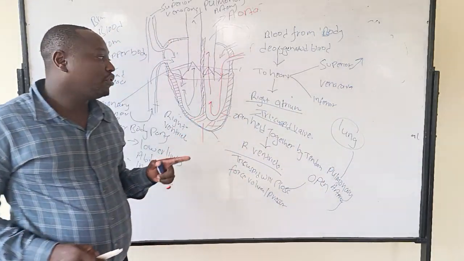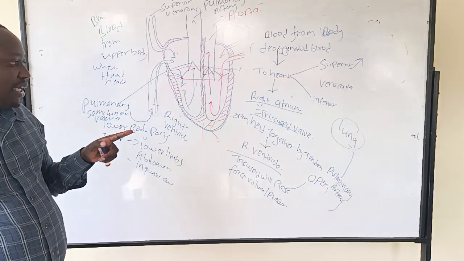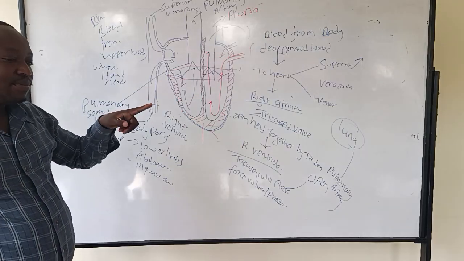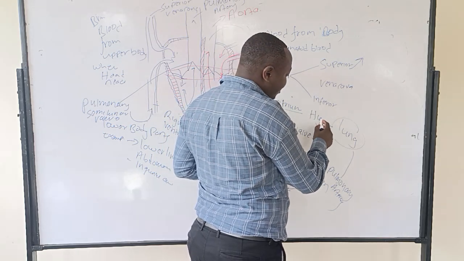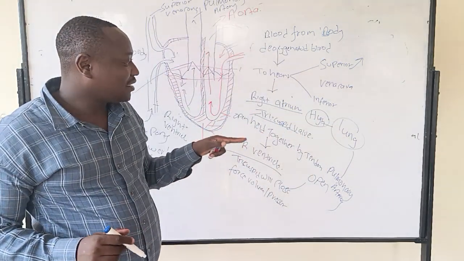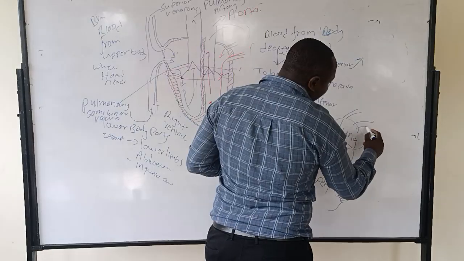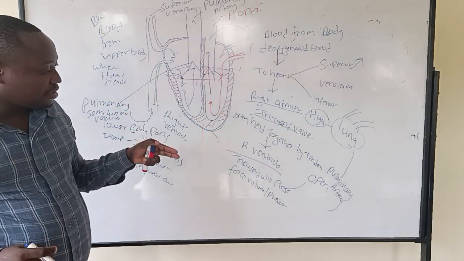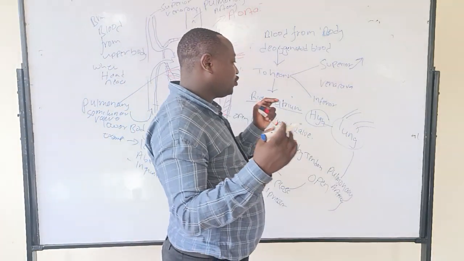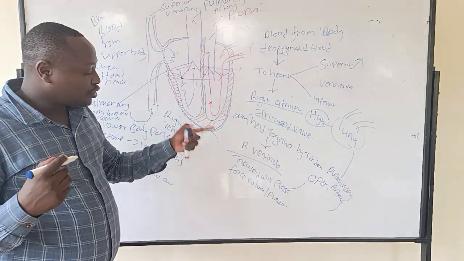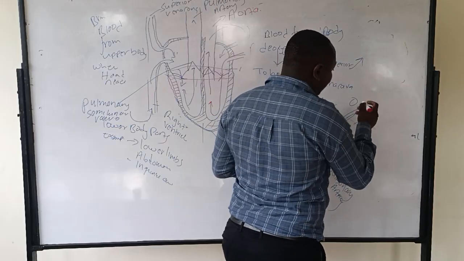But there's something that you need to note. The pressure on this side, on the right side, is a bit minimal compared to the left side. This is because the lungs do not require blood which has high pressure, so that it doesn't cause any damage to the lungs. So you'll find that this pulmonary artery is going to divide into four, and two pulmonary branches of the pulmonary artery are going to get into the right lung, and the other two will get to the left lung. So what will happen in the lungs, we're going to have oxygenation